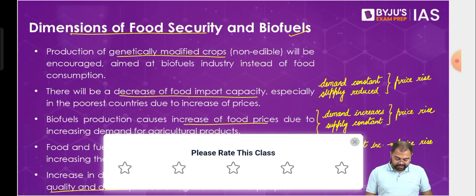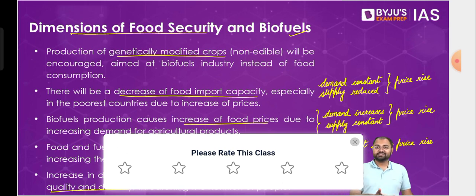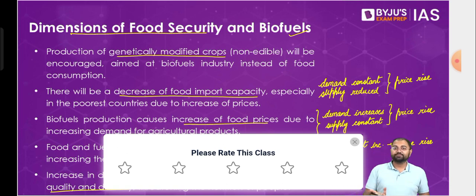So sugarcane and rice, or sugarcane and paddy, we know that they use a lot of water, and sugarcane is a raw material for us, correct? Sugarcane is a raw material, rice is a raw material. So of course, if we start cultivating more of sugarcane, it needs a lot more water. So water availability is also a problem. So water availability for human consumption will also be threatened in these kind of cases.